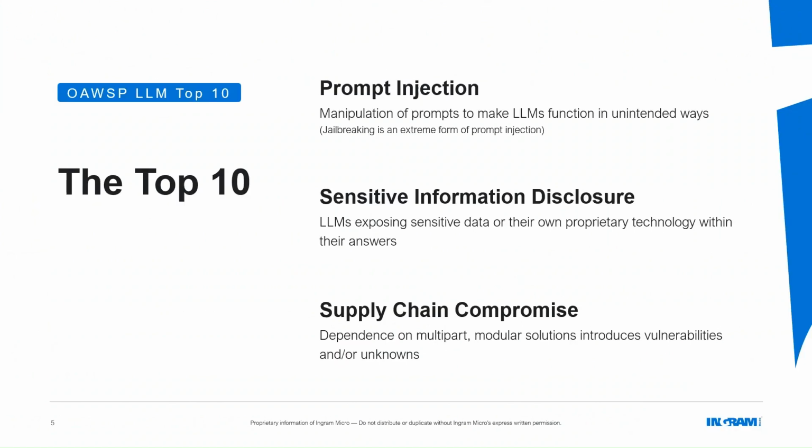Talking about the actual top 10, there's a couple of things we do need to know first. The first thing we need to note is that since this is an OWASP standard, it's about CIA: confidentiality, availability, and integrity of information, or some people might call it CAI, so I don't confuse it with the organization. And it's about the large language models and how they're being applied. So it's not just the model itself, it's how you're applying it to your specific application.